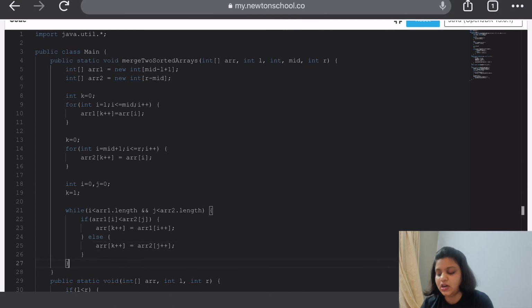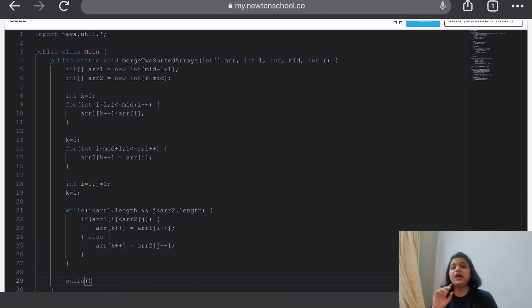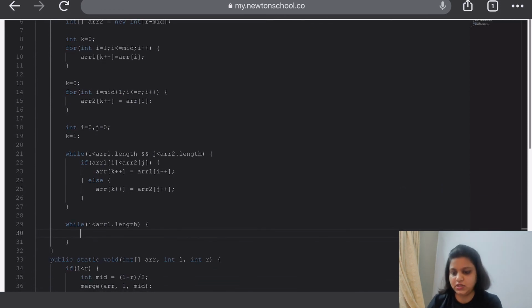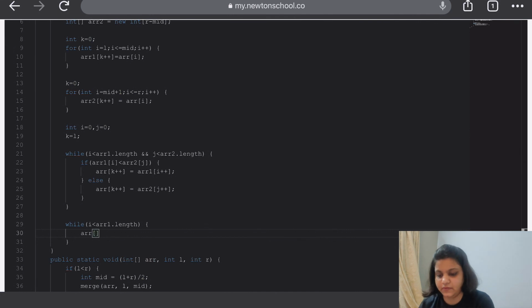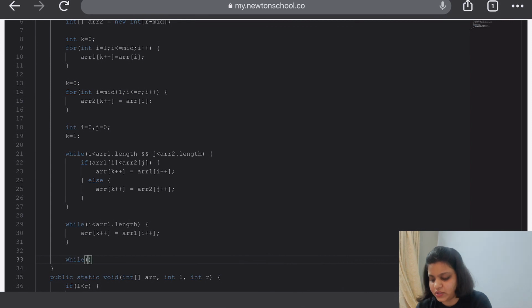Now after this, one of the arrays will not be iterated fully, meaning not all the elements would have been inserted in the array. So we check if i is less than array 1 length, which means that not all elements of array 1 are inserted. In that case, we insert all the remaining elements of array 1 in the array. We do a similar check for array 2 as well.